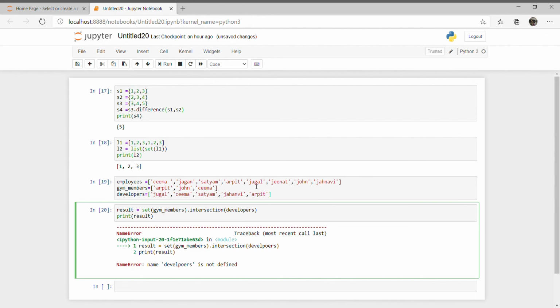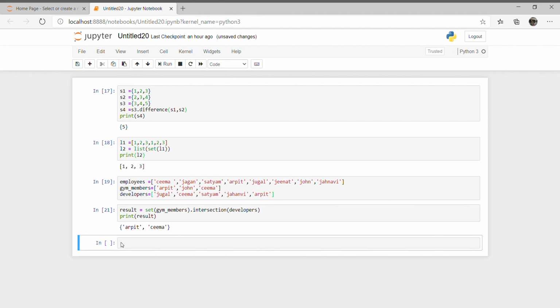Okay, we can see that Arpit and Seema are the two employees who are gym members and also developers. Next we want to get the employees who are neither gym members nor developers. To do so, we could use the difference method. So we use the difference method on employees, comparing with the other two lists. Okay, just write down result